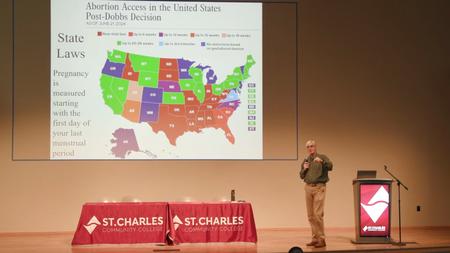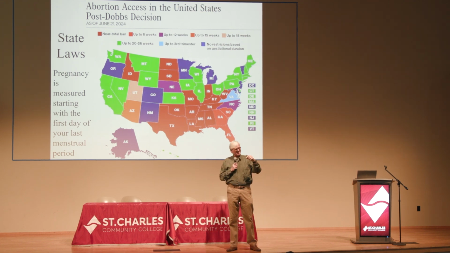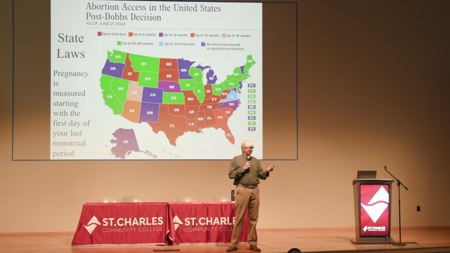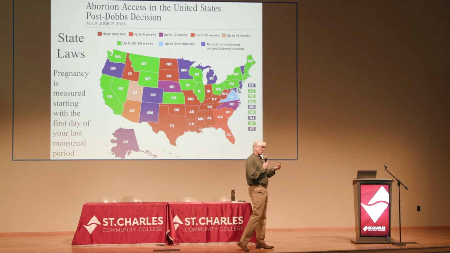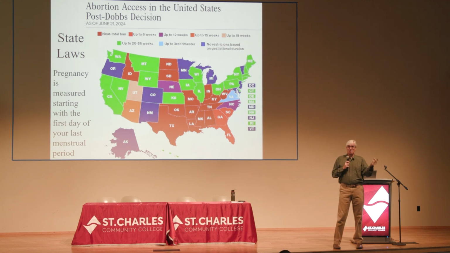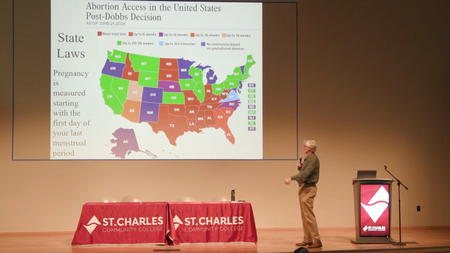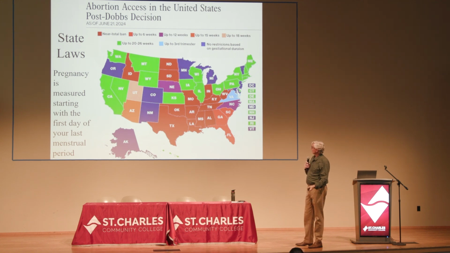So if you had a period and you're 6 weeks pregnant, it means you're not actually 6 weeks pregnant in the sense that the fetus is not actually 6 weeks old, it's more like 4 weeks old, but whatever, that's how they measure it. So that's what a week means. If you had your last period last month, 6 weeks later is how pregnant you are. So this is kind of a busy chart,